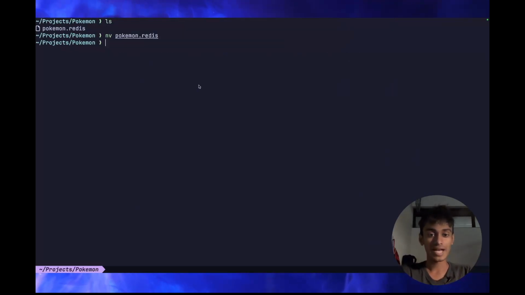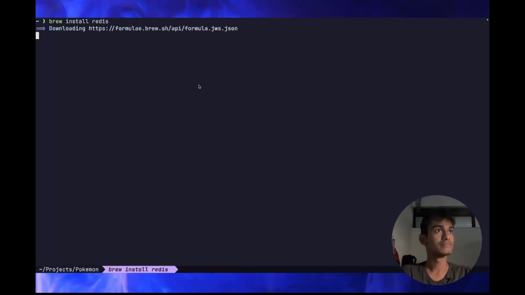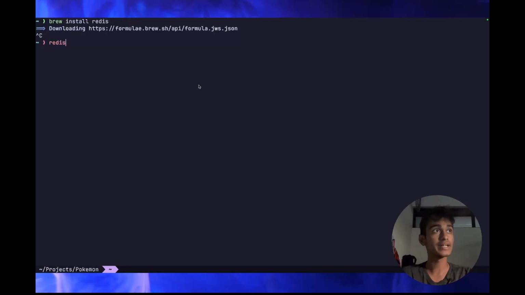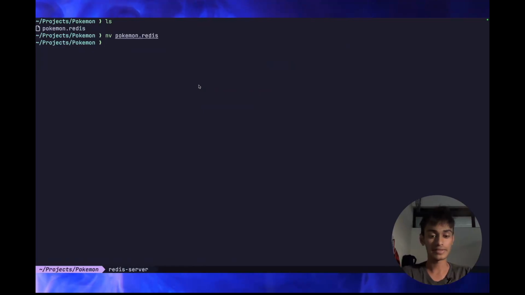This is just what I have defined here, and you can go ahead and install Redis. If you don't have it, again you can go to the Redis website and just download it. In my case I am using a MacBook, so I can just do brew install redis. This is how you will install it, and I have already done it. So I will go ahead and run redis-server, and I will have my Redis running in here. Then I can do cat